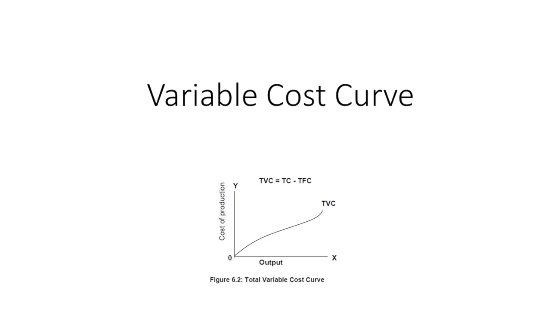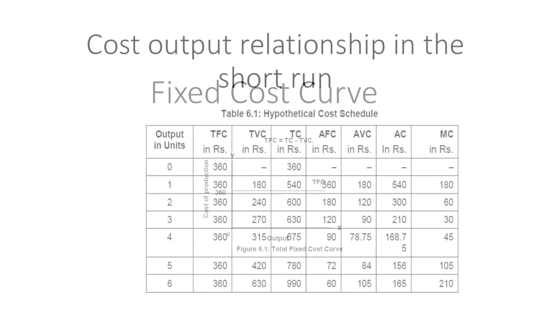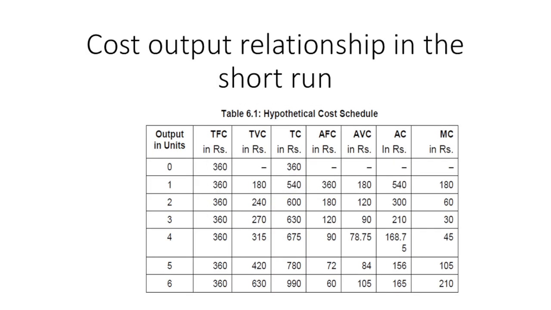Okay, now we will see what the total cost is. This is the total cost. It is the addition of total fixed cost and total variable cost. That is, total cost is equal to fixed cost plus variable cost. And here we can see that TFC, the total fixed cost, is constant. Changes in the total cost are driven by changes in the total variable cost. Whatever the total output, the variations taking place in the total cost are purely dependent on the variable cost, not on the fixed cost.